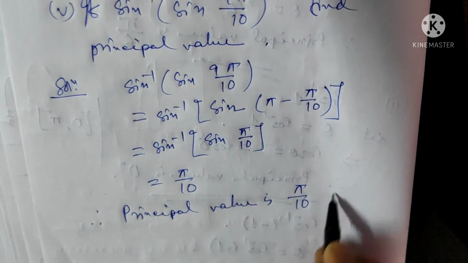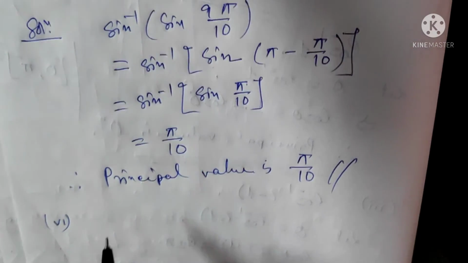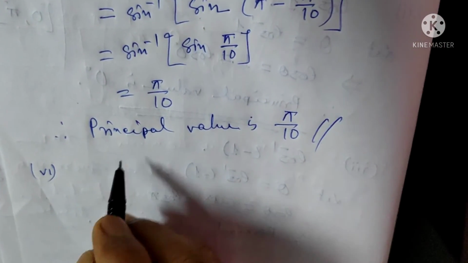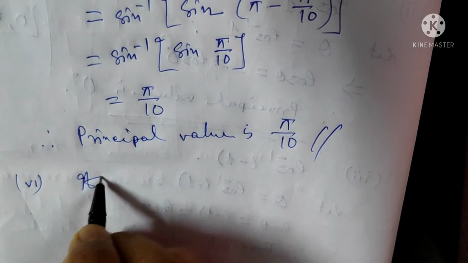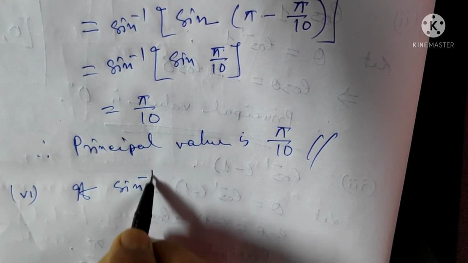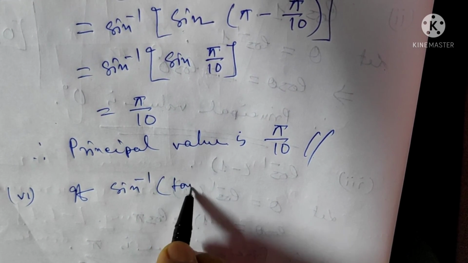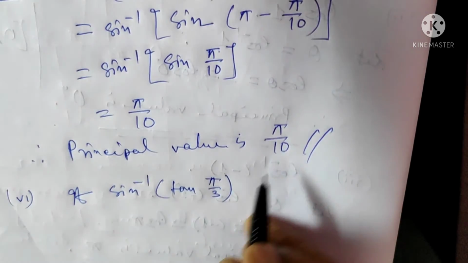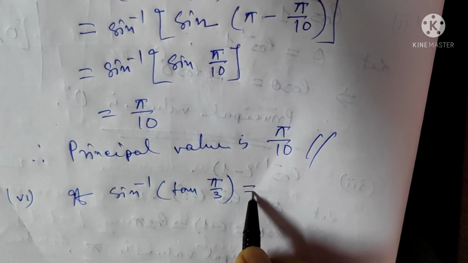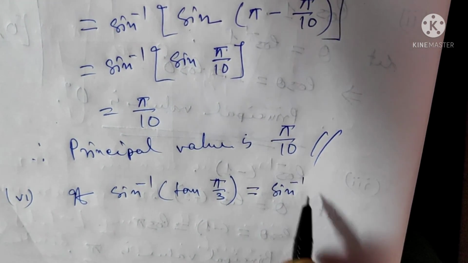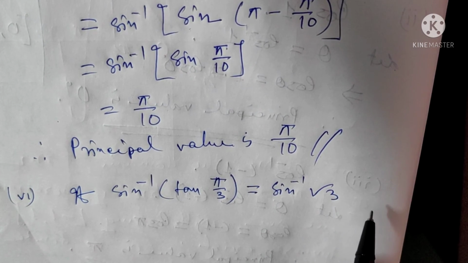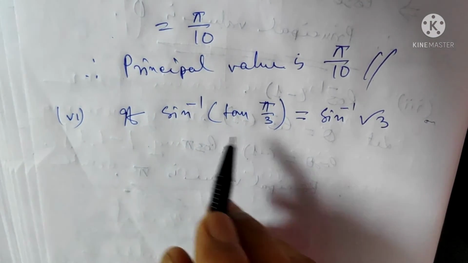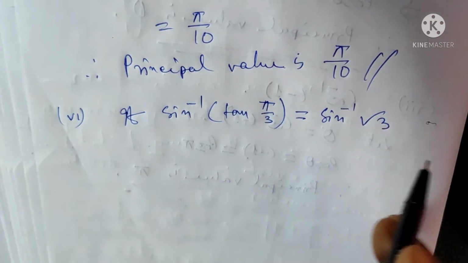You take another example. If sin inverse 10 pi by 3 is equal to sin inverse root 3, then